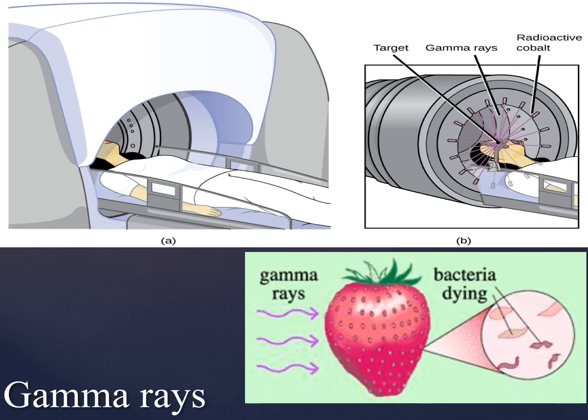This treatment often has good effects, but it can also have bad side effects because some healthy cells may also be killed. Gamma rays are used to kill harmful bacteria on foods such as meat and fresh fruits. This ray does not harm the treated food because it does not stay in the food. So if we have food that has been treated with gamma rays, it is very safe for you to eat.